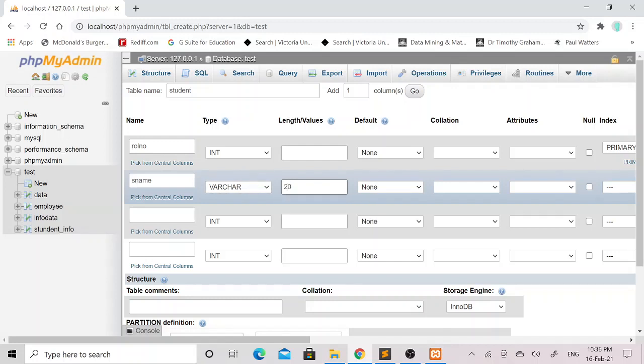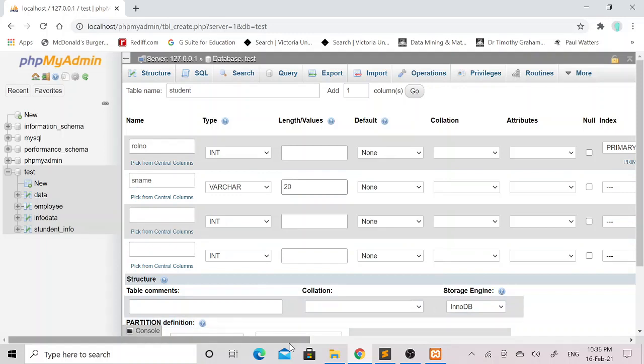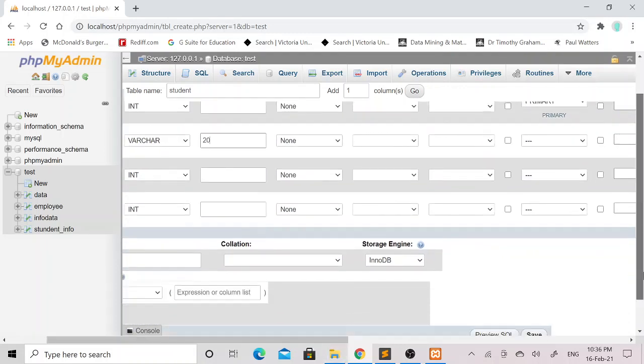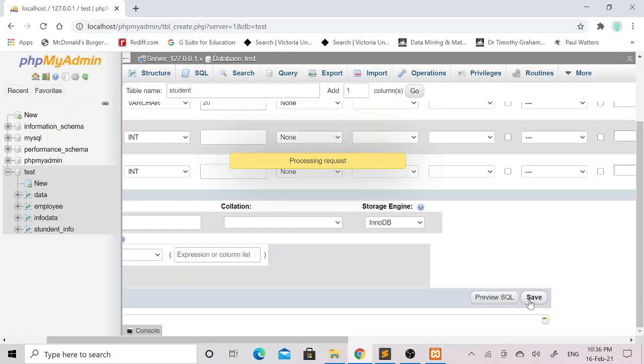It means that I can add a 20 character name in this SNAME column. Then I will click on the save button.